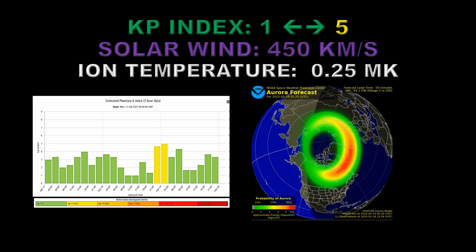On the left we have the KP index, which is a measure of how active the magnetosphere is. And you can see the 2 yellow bars there, which are the geomagnetic storm. One late yesterday and one early this morning. Since then things have calmed down. But it only got to KP index of 5, or a G1 level storm, so it was a very minor storm. The auroral arc looked more active than it has for several days, but then that has now changed back